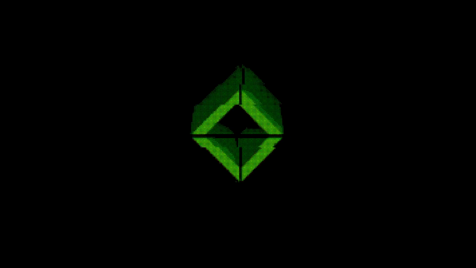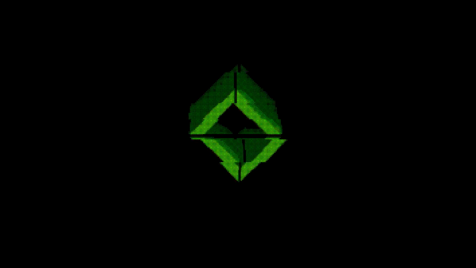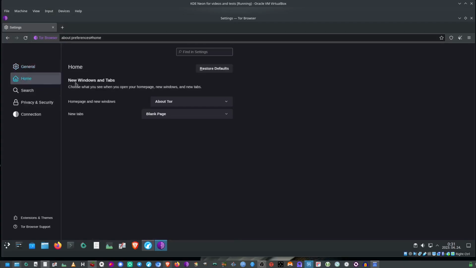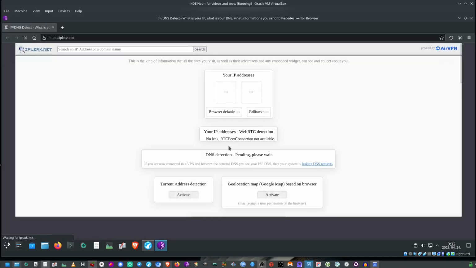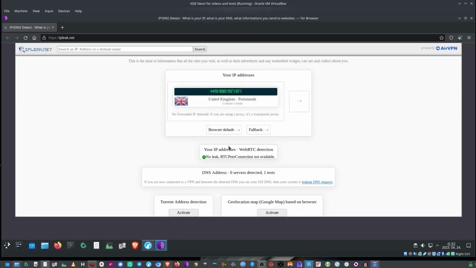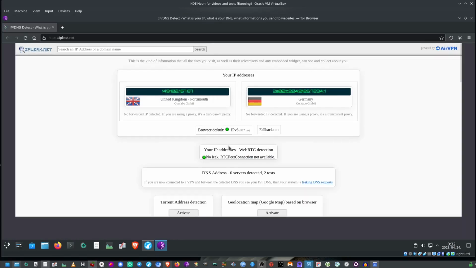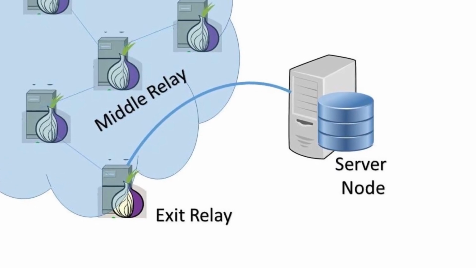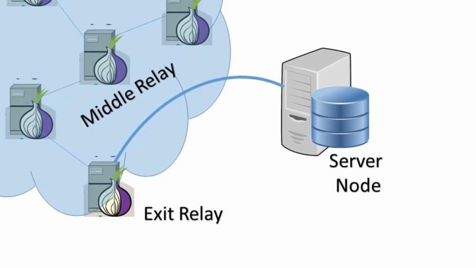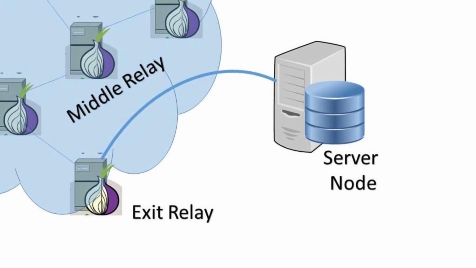Therefore, we should avoid installing any extensions, for example. For the custom homepage, I recommend configuring ipleak.net, because doing this will let us see our exit relay's country and detect potential leaks on Tor startup. Exit relay basically means the last computer of our onion chain, the one that makes the request to the target